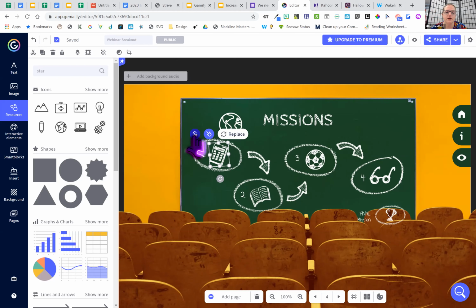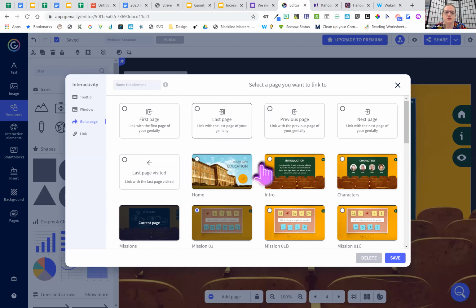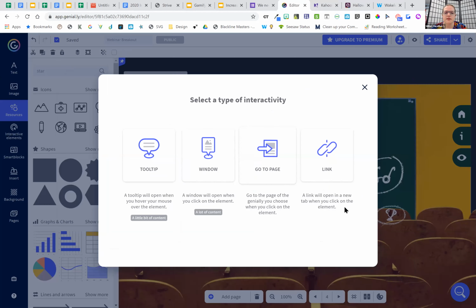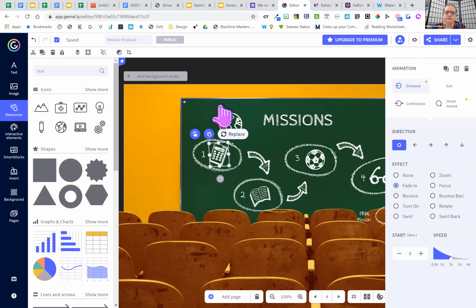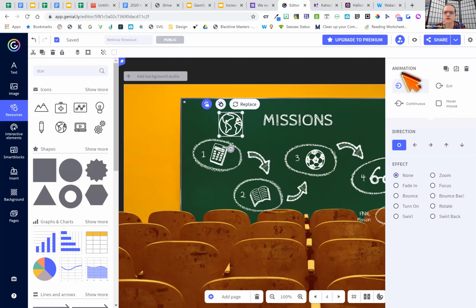So I'm clicking on the finger and saying, okay, I have to send it to the mission 1 page. So I'm going to click on this one, click on the finger, go to the page, send it to mission 1 and save it. And then I'm going to click on this one and choose the little rocket or asteroid. So I have entrance, I have freeze here, fade in, and I'm looking at what this looks like. When I click on the little asteroid, entrance, this one, I'm doing fade in, 2 seconds, okay.